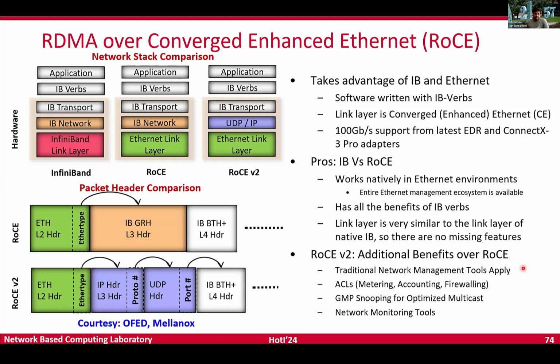With RoCE, the InfiniBand link layer would be changed to an Ethernet link layer so that now it is switchable. With RoCE v2, the link and the network layers would be changed so that it is switchable and routable. Thus, RoCE v2 brings all the benefits of your traditional Ethernet network management infrastructure, including ACLs, snooping, network monitoring tools, etc. And consequently, your management stack now